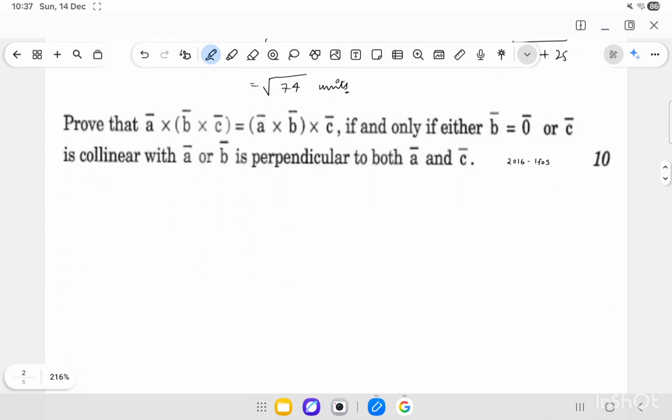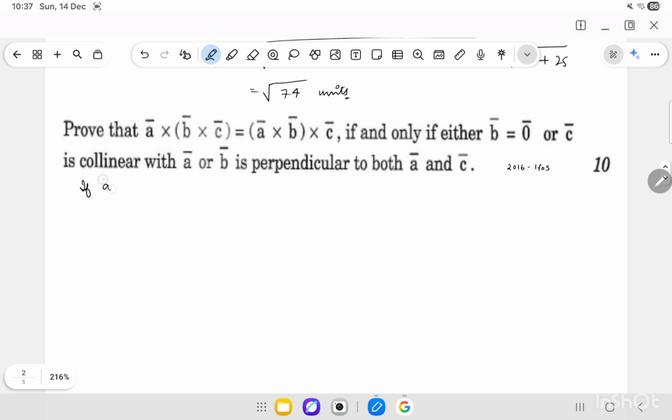So the question second is, prove that if A, B, C, A bar, B bar and C bar are vectors. So our claim is, if this relation is satisfied, so the claim is basically that this relation is satisfied if and only if either our B vector is 0, or C vector is collinear with A vector, or B vector is perpendicular to both A vector and C vector. Now let's see how we can prove this. Now let's start with the